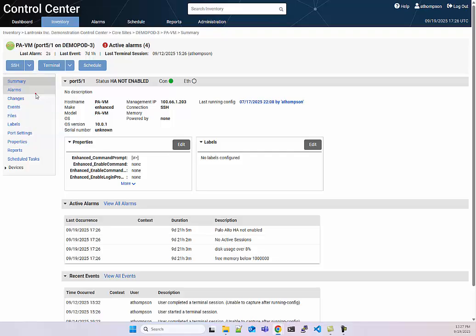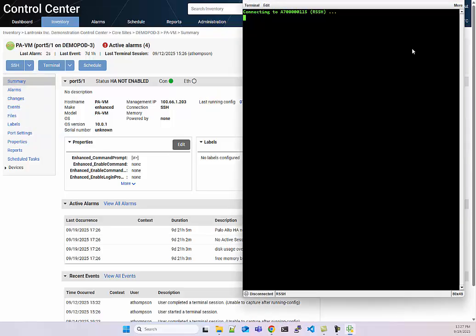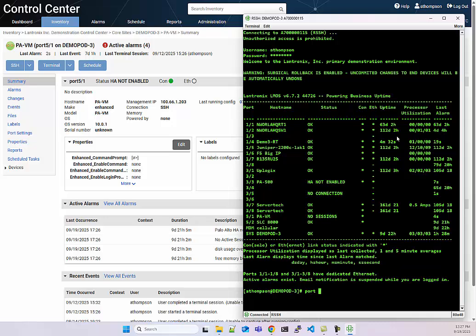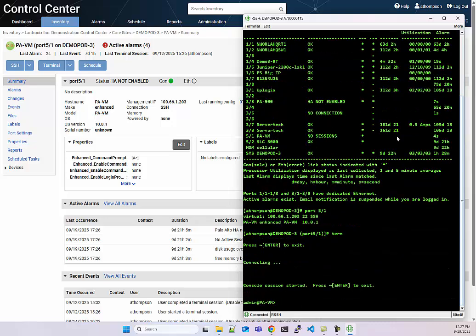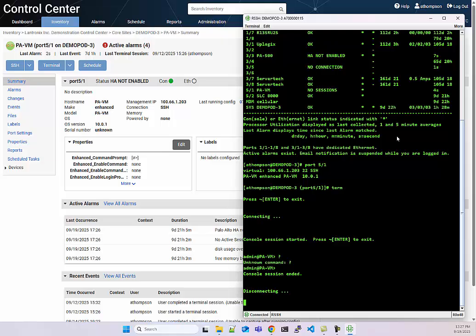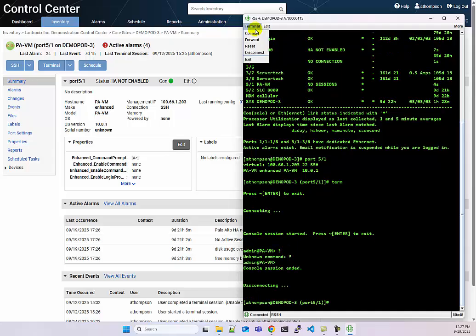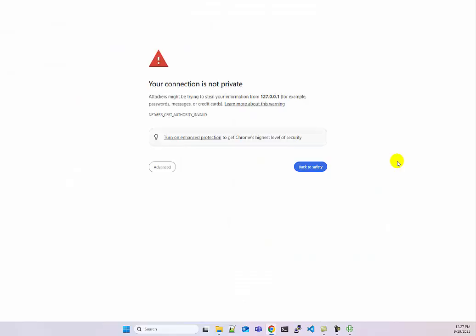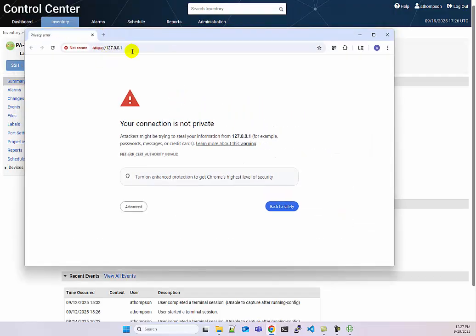To do that, we're just going to go ahead and open up an SSH session using one of our Lantronix SSH applications here. And once we get logged in, we can go to that port, and if we want to, like I said, we can terminal into that firewall, but really we want access to the web interface. For that, we need to create an SSH tunnel to the device. Now we've already defined the attributes for this, so I'll show you how to do that in a moment. But to access it now, we just click terminal and forward, and we just click this button for the Palo Alto on port 51. And you can see we've opened up an SSH tunnel. I'll bring this down so you can see it better. It's going to localhost here, right?